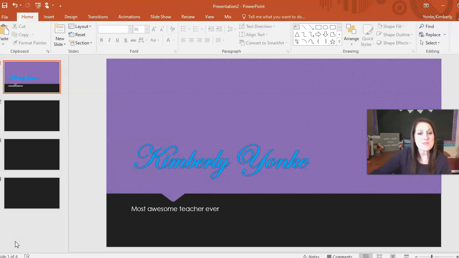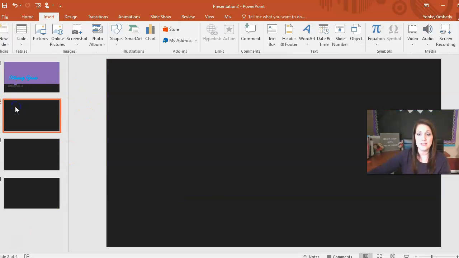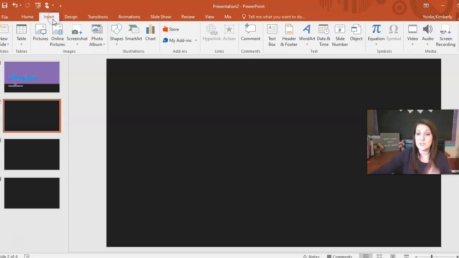Okay, next up, let's go to a different slide. So I'm going to click on slide number 2, which is completely blank, and I need to put some stuff on it. So as you can see, I added a blank slide. There's nothing here. Let's figure out how to put words on there. Words we would call text. So if you go to the Insert tab, there's all these different ones at the top. Insert means put something in. So we're going to insert a text box. If I click text box,